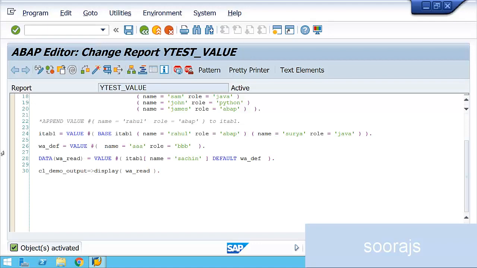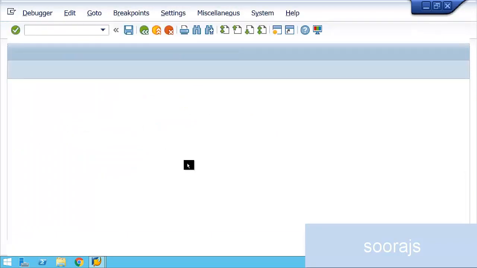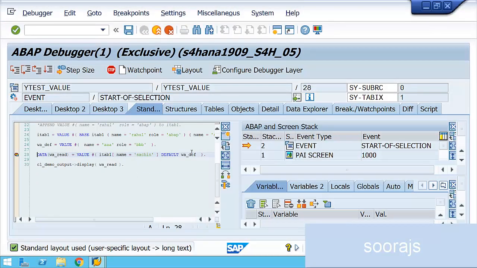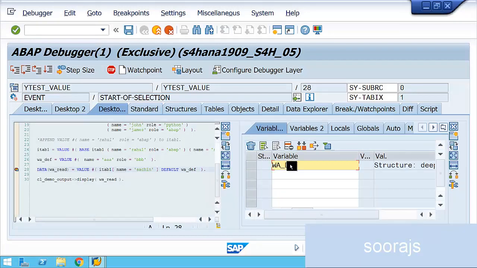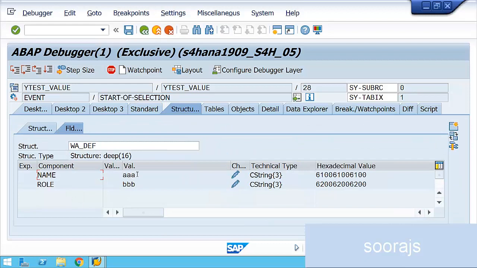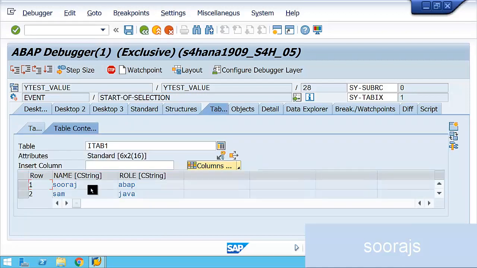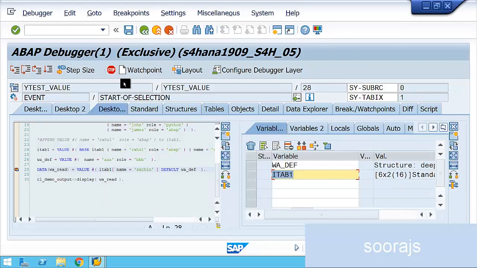And I will put a breakpoint, maybe. Let me show you what's happening here. In itab1, what is w_def? It has AAA and BBB, right? And what is there in itab1? Suraj, Abab, James, Surya. All these values are there.